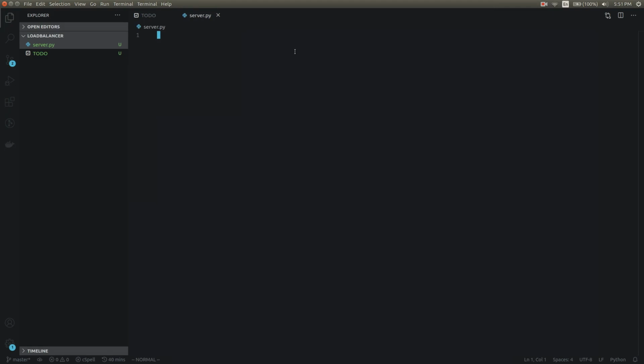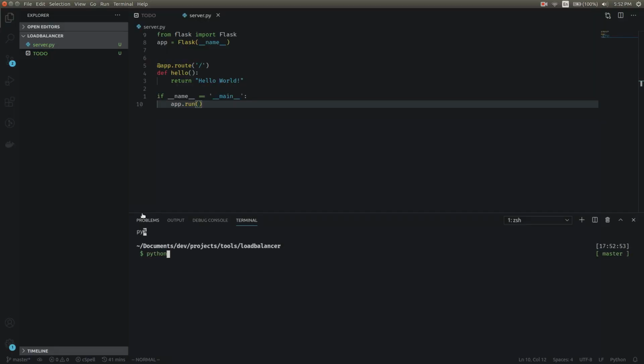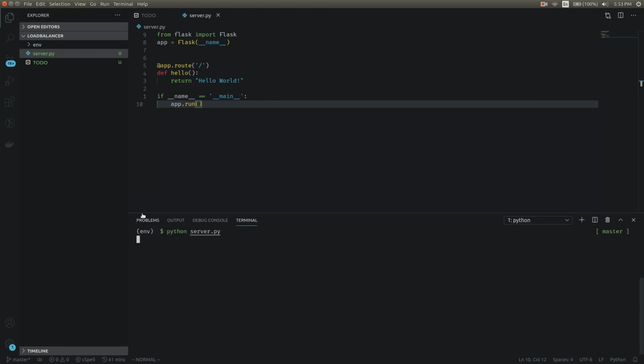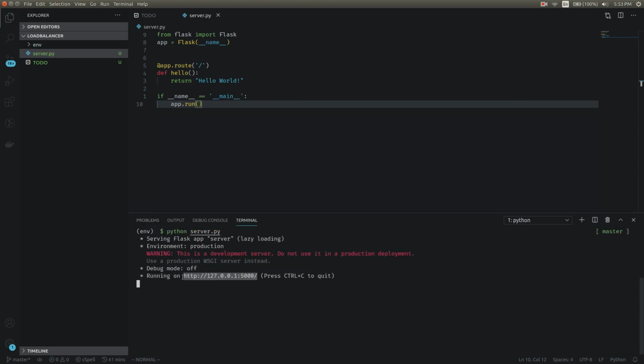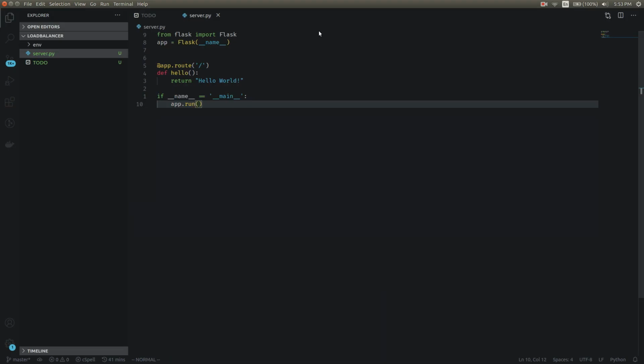For the HTTP server, I'm just going to copy paste an example code for Python's Flask. Let's run this server and see if it's working. So I need to import the module Flask. I'm going to create a virtual environment and install all the dependencies in that. Let's run it now and check. Okay, so the server is running on port 5000 by default. Let's run this on the browser and see if it works. Yeah, so we're getting hello world as the response. So our server is ready right now.